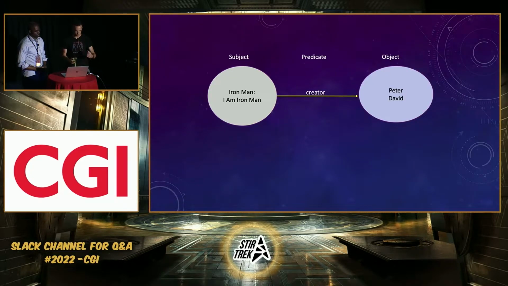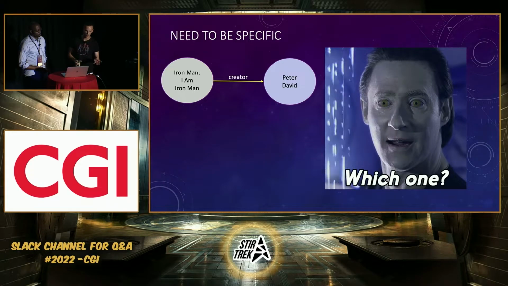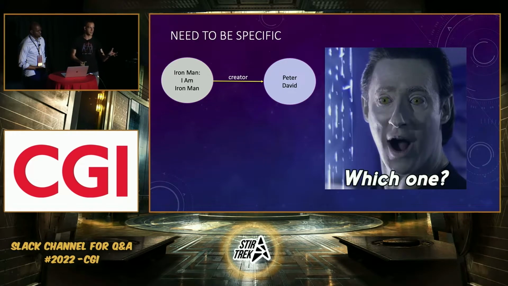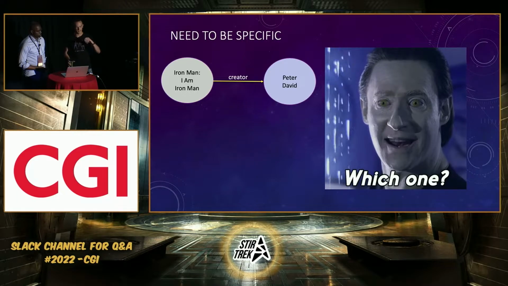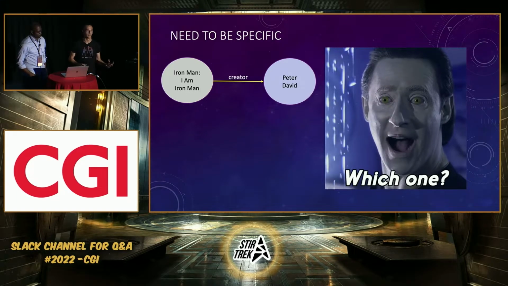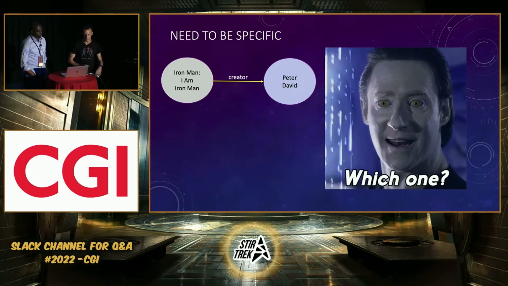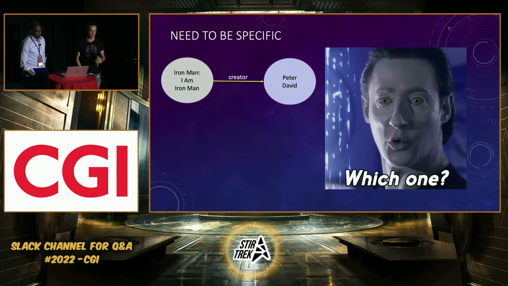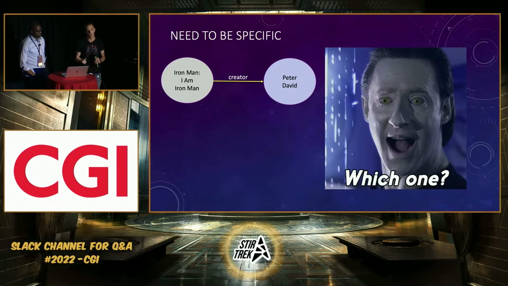This is a statement built with the subject, predicate, and object. Right? This is the basic building blocks of a sentence. It's readable by humans, but still, machines don't quite understand it. Computers like to be very specific. They want to know which specific Iron Man I am talking about. It could be the book, it could be a podcast, it could be a movie for all we know. It doesn't understand what this creator thing is in the middle, the terminology, and it doesn't know what Peter David is. It could be Peter David, the author, it could be a composer, it could be a Peter